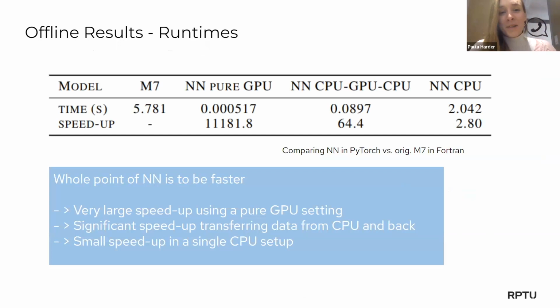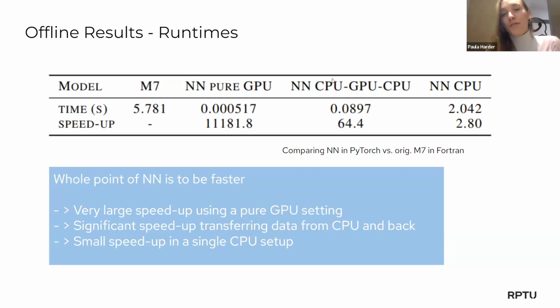Not to forget, the point of what we're doing is to actually be faster than the original. So here we have the time the original needs to do a global prediction for all the grid boxes, every pressure level. Then we test the neural network purely on a GPU, assuming we have our data on a GPU and can just do a prediction there. For example, if for some reason we have a GPU climate model, then we would be 11,000 times faster, but that's also, I think, a bit of an apples and pears comparison.